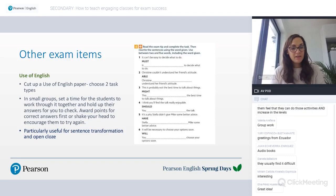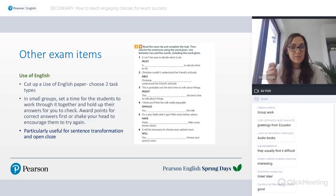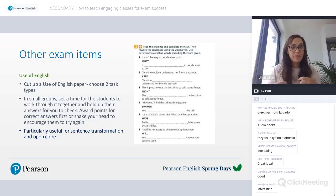So you set a time for them to work through these as a group, and this would work really well if you set the groups up in a circle formation around the classroom, and you can stand in the middle just to monitor. So you ask students to hold up their answers once they have them, and then you award points for the correct answers, or you can shake your head or give a check that one gesture to them